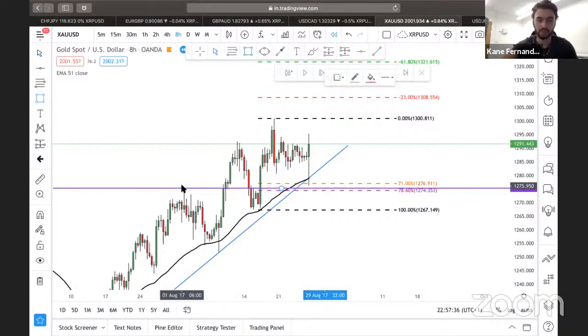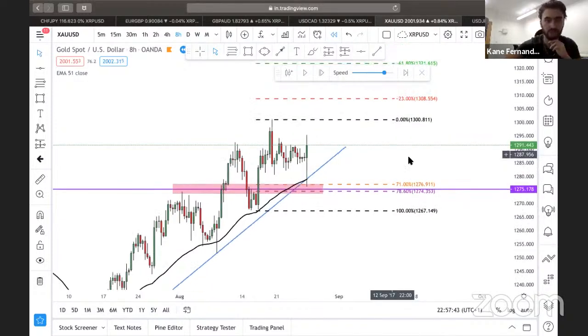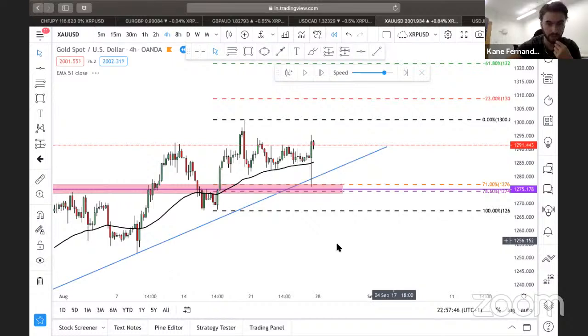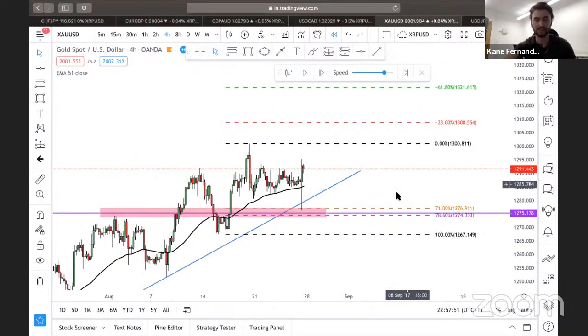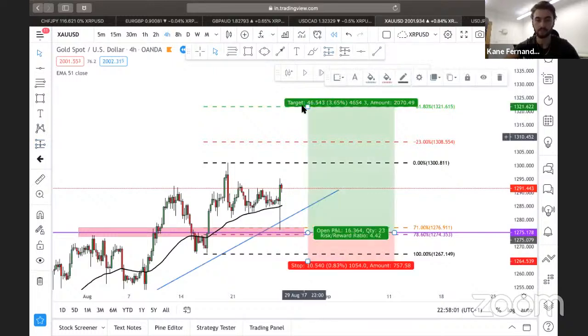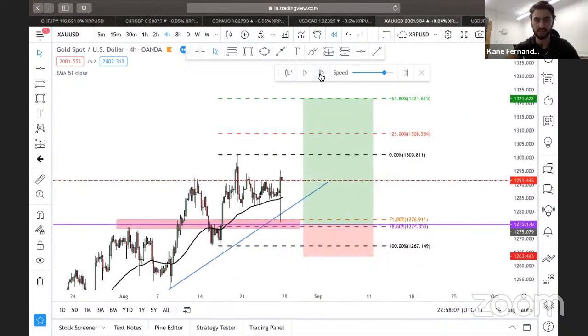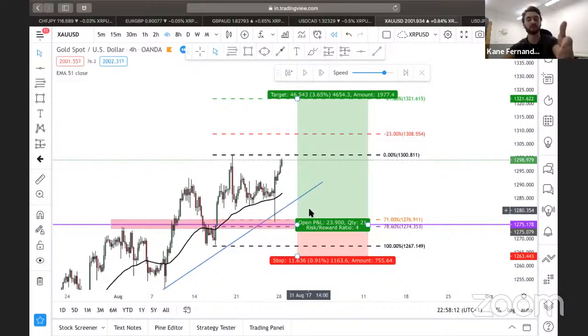Get my rectangle. Let's have a little look, see if this can come back to play ball with us, but wait and see. If we go down to the 4 hour, I'll probably be looking for like 3-4 hour rejections before I take a trade on this. Obviously, we had this massive rejection. Long position, stops just beneath this point here. Let me see if we can see some 4 hour rejections. I'm not in this yet, but for the purpose of the video, the Fibonacci, everyone always questions it. Just look at it, okay? See how it plays out.